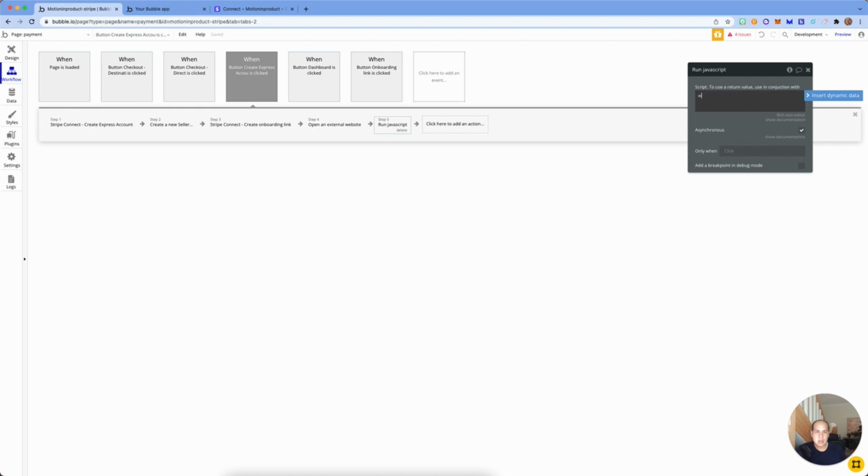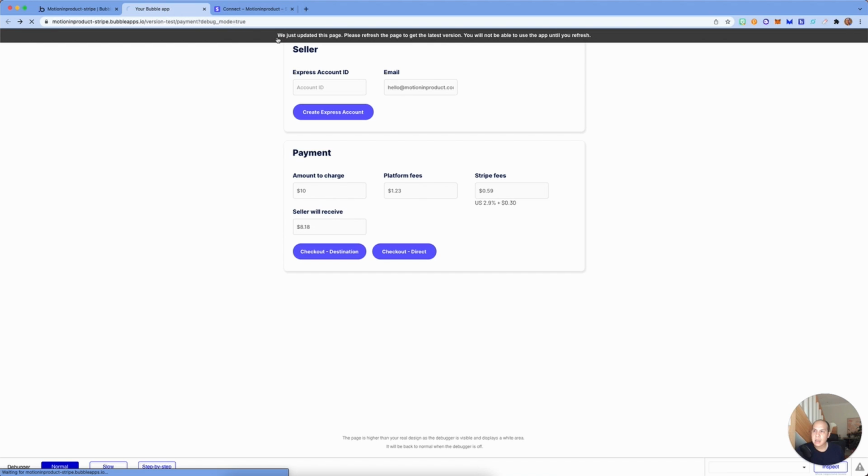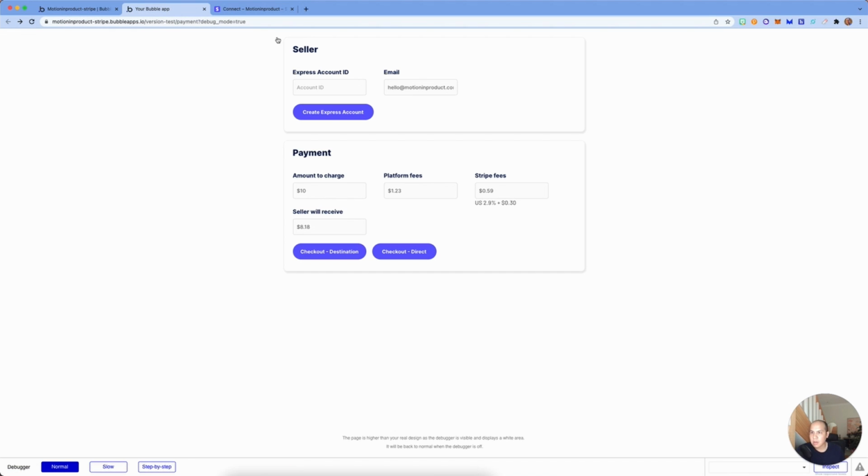And what we're going to call is window, as in the browser window, and open. And put everything in quotes. And inside here, we're going to insert dynamic data, and we're going to take that URL that comes as a result from step 3. So that's it. That is the amount of coding that you have to do to get that running. We don't need this. And now when we look at this page and how the flow goes together, create Express account,